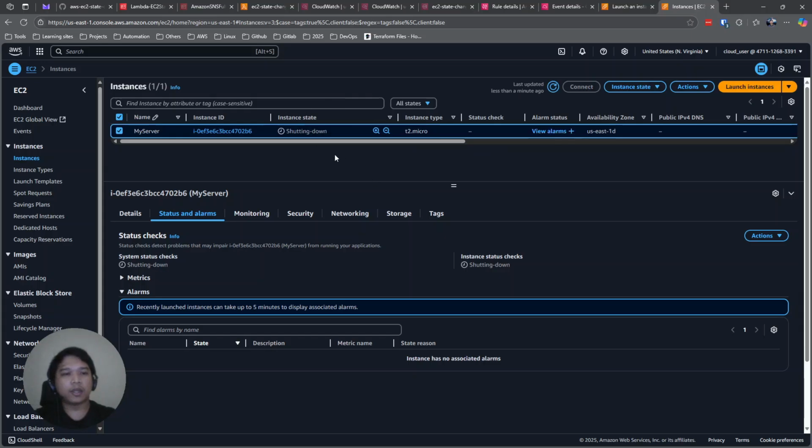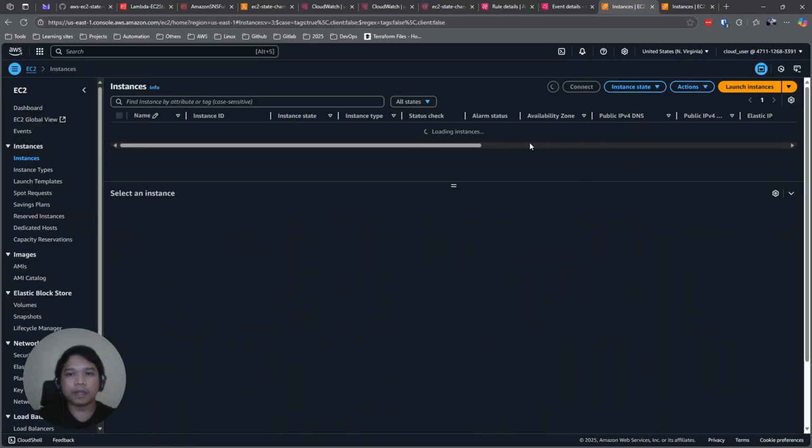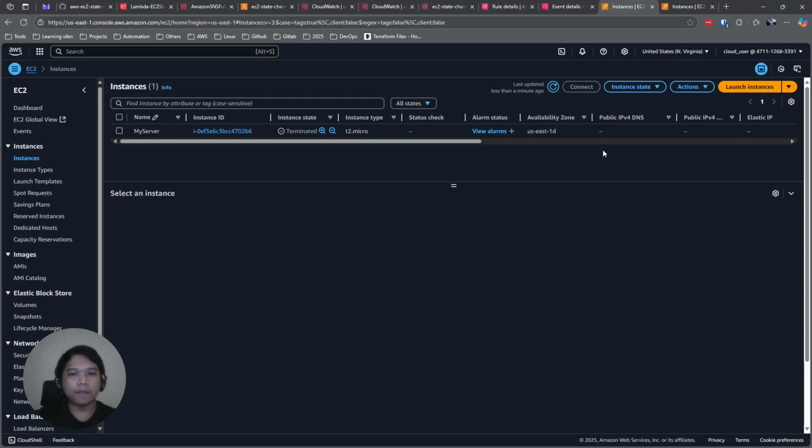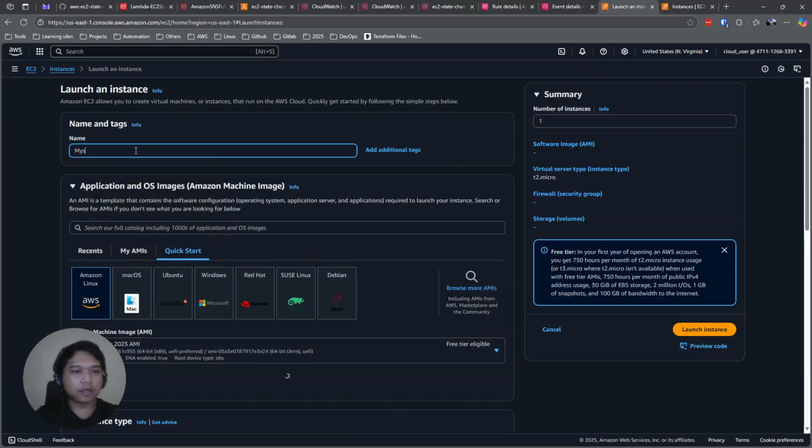And while waiting for this, I mean, we can proceed with launching an instance, since we're not able to see that event earlier since we missed to configure the SNS, right? So it's already terminated, but yeah, let's proceed with launching. So my server 2.